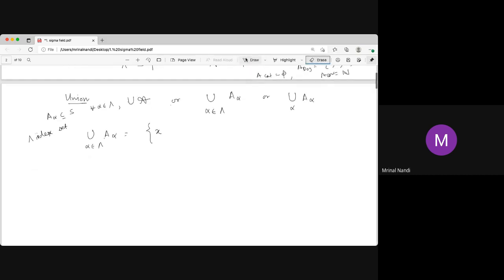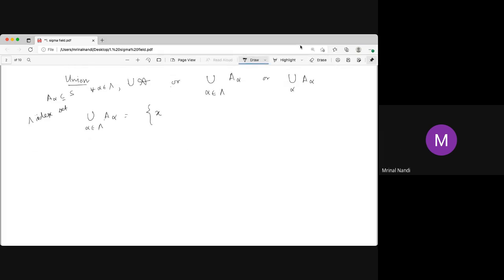So this is the index. The index may not be a real number or an integer or anything. It may be abstract. The set itself may be abstract. All A alpha may be subsets of any abstract set, something like cow, West Bengal, Bihar. This S may be abstract, may not be real numbers or may be complex, may be a set of functions, a set of matrices, anything. Such that